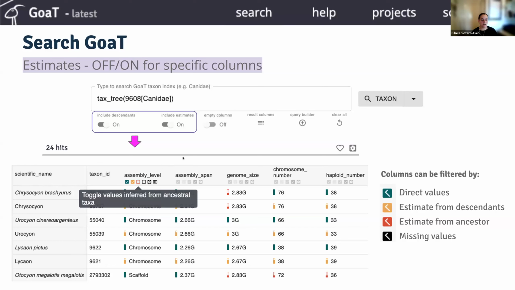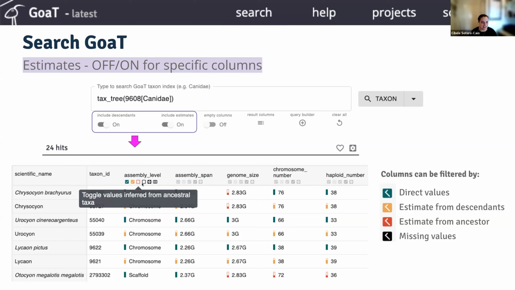And then you can just say, okay, I want just a list of the species. Remember that the goal for Volt is a list of species and then showing whatever they have on the column that you are selecting. But I want a list of species that have an assembly. So we use assembly level as proxy for, yes, it does have an assembly, because if it doesn't have an assembly level, it doesn't have an assembly.